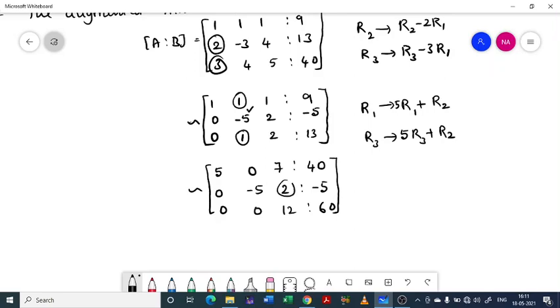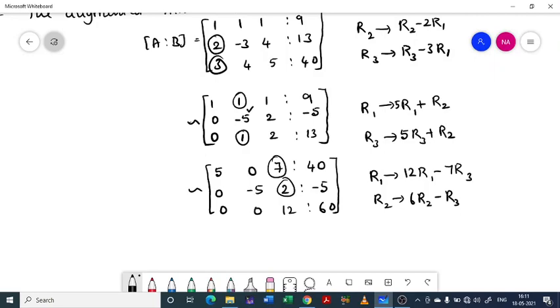Now we have to reduce this to 0 by applying operations suitably. For R1, we need to multiply one row by 7 and another by 12. So 12R1 minus 7R3, and R2 you can multiply by 6 to get 12, then subtract them. So 6R2 minus R3, that is enough.